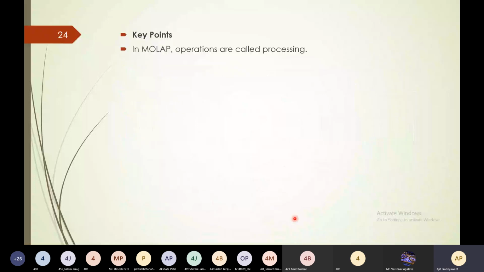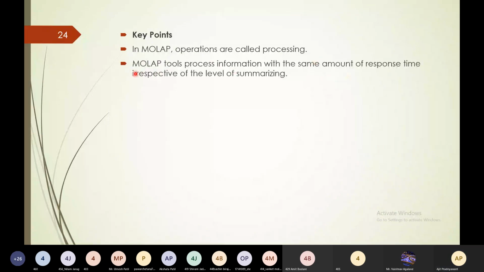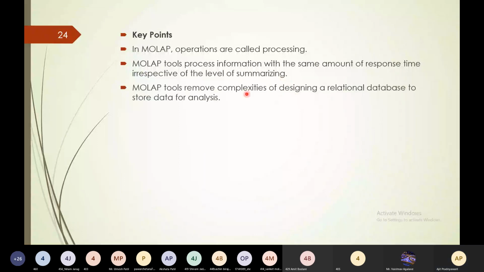So key points in MOLAP are: in MOLAP, operations are called processing. MOLAP tools process information with the same amount of response time, irrespective of the level of summarizing. MOLAP tools remove complexities of designing a relational database to store data for analysis.